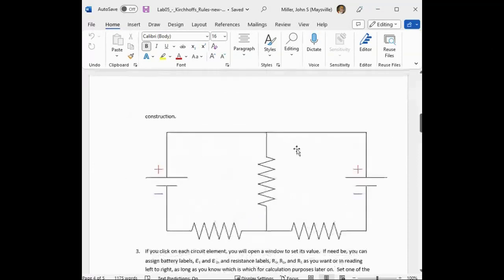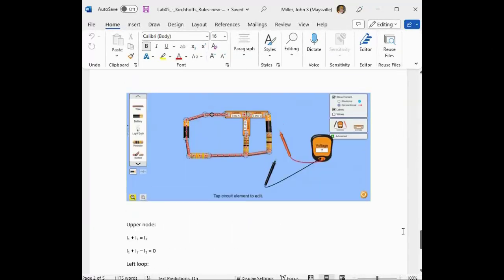For this lab, you're going to construct a circuit based on the diagram in the write-up. You can click on the resistors and choose their resistance in ohms and include these values in the data table. The same is true for the two batteries. You can choose the voltages as per the write-up instructions and record their values in the appropriate place in the